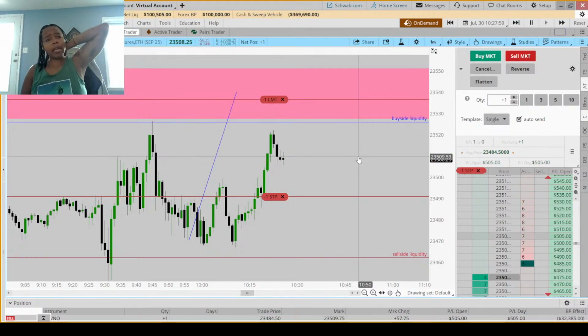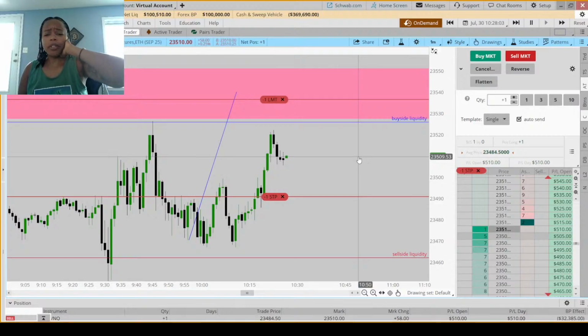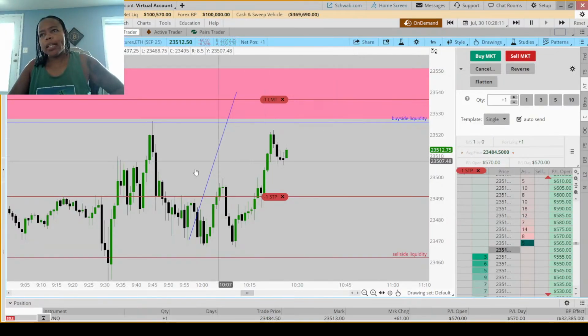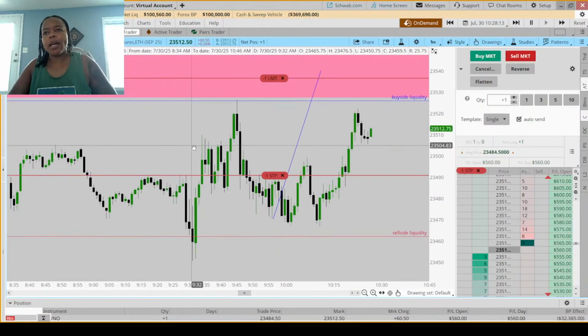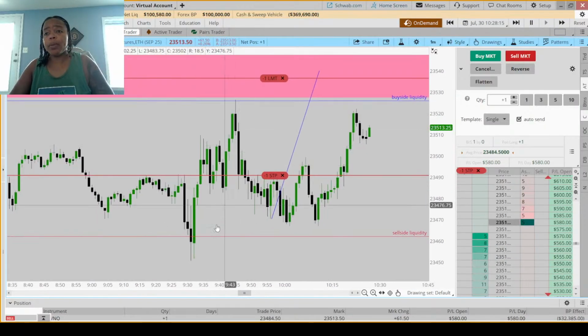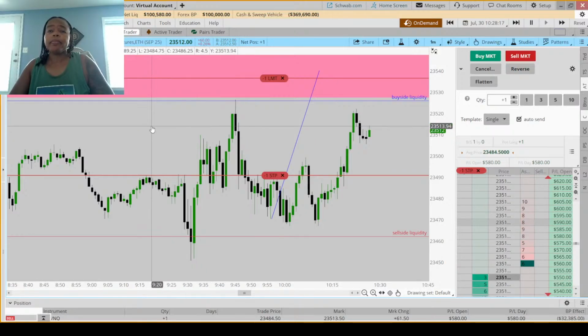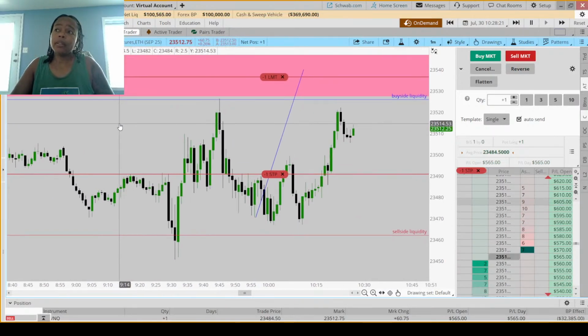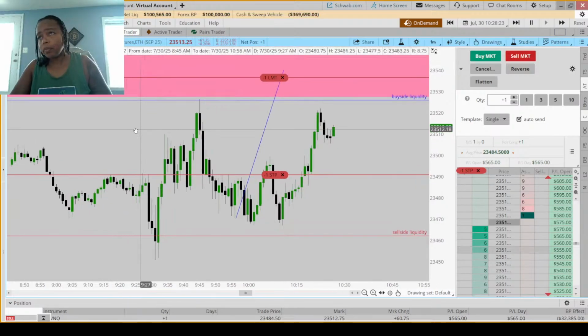So these pullbacks, man, she always loves those pullbacks. Like psych you out, mess with your vibe. She loves those pullbacks. So I'm trying to make sure I understand what I missed, because I took a short here when I should have taken the long. I mean, we're inherently bullish, right? Last week, super bullish.